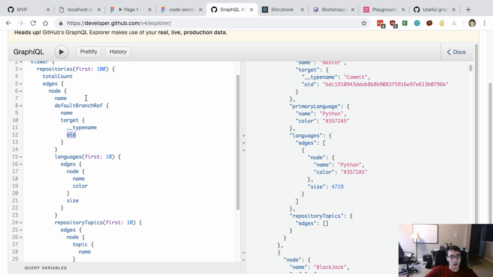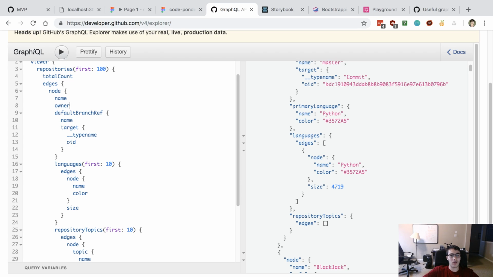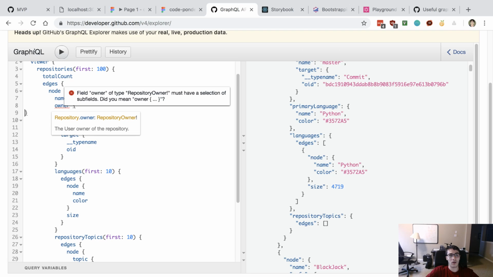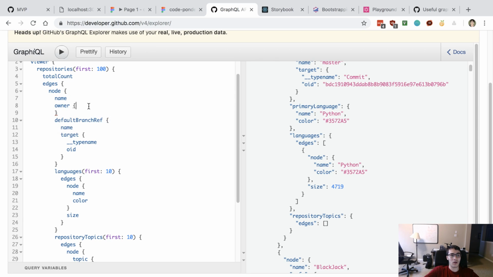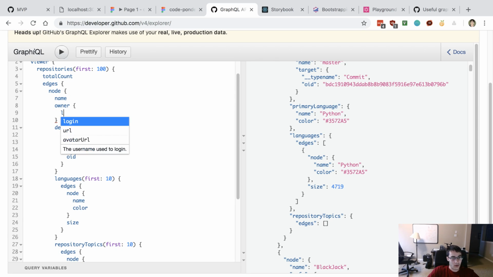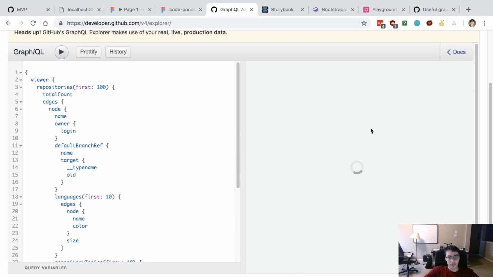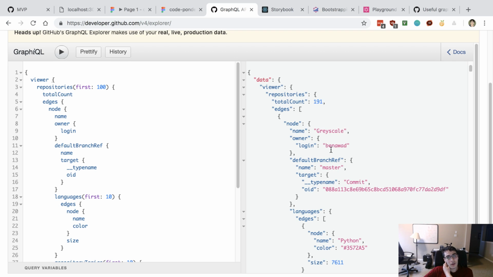No. I guess we know the repo owner is the viewer, so maybe we should get the data from there. I'm not sure which one is a better place to get it, because it's going to list my name a bunch of times for no reason, basically. I think that's fine though. Maybe for some reason the owner would be different on some repos.